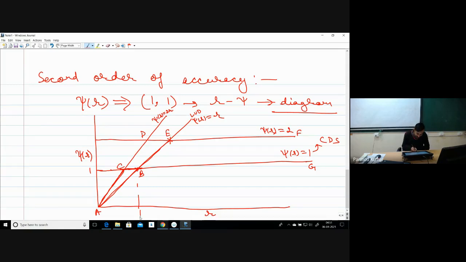So when R is less than 1, for stability, my value has to be below 2R. So it means I cannot go beyond this line. And moreover, in order to ensure the second order accuracy, any line has to pass through 1, 1. So this line is passing through 1, 1. And this line also, if I take a piecewise function, can also pass through 1, 1. So this is the portion, whatever I am actually setting over here.